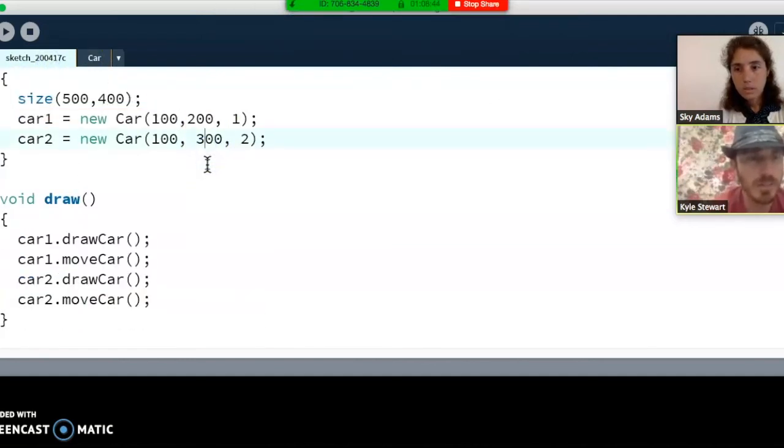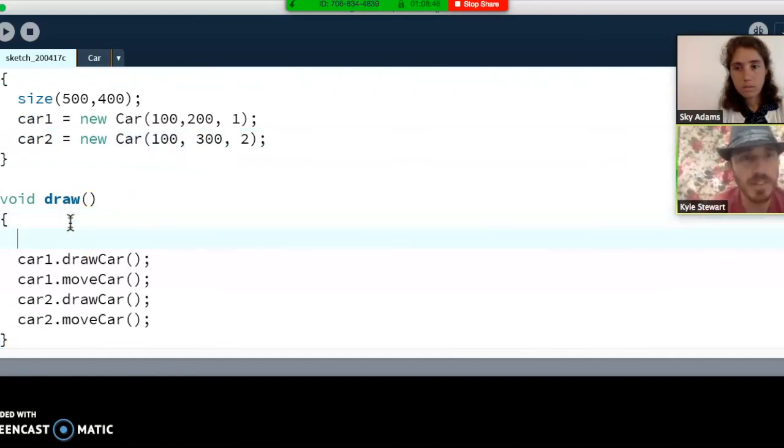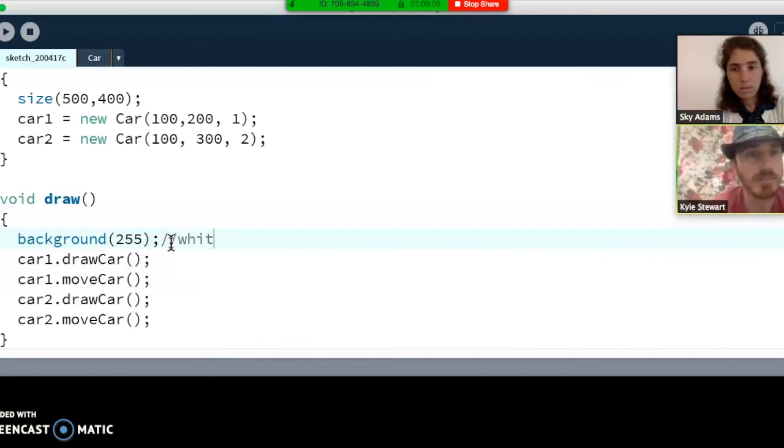So in void draw, at the very start of draw, we're going to call background and use that to get rid of the previous frames. So we're going to just specify a value for our background color. If we use 255, it'll make it a white screen. So that's probably a good place to start. And now if we run that,